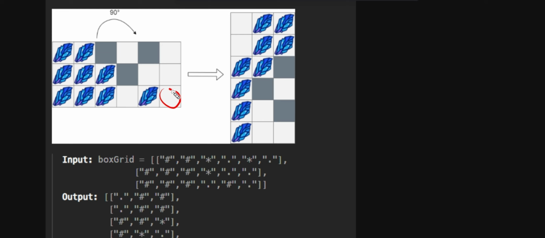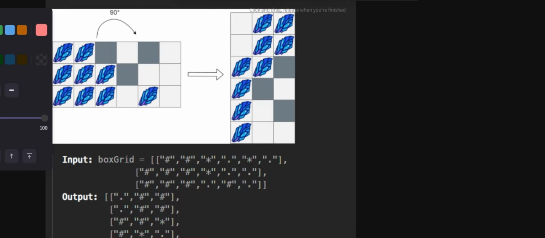Now this became the last obstacle, because this stone has to fall on something, right? It can either fall on an obstacle, but there is no obstacle between these two positions. So basically, this stone came here, it fell here. This particular stone, however, will fall here. This stone will fall here, and this stone will fall here. So the last four positions are going to be filled with stones.